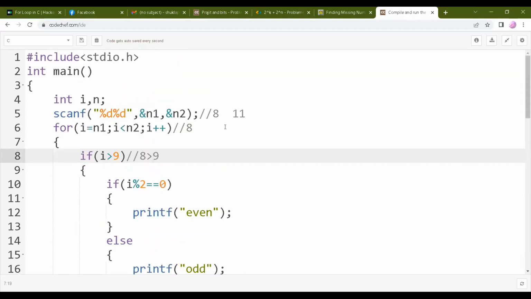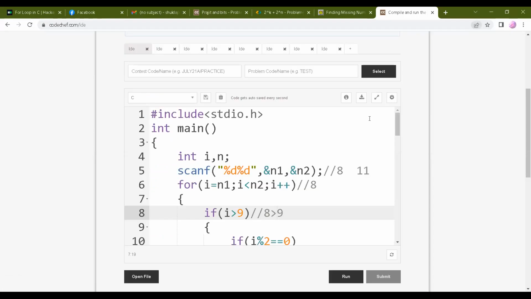When the value is 9, you will check whether 9 is greater than 9. No, 9 is not greater than 9. Again, you'll go to the else. Else is the switch, so there it will print 9. I'll just show you a compilation. And whenever the number is greater than 9, it will give you